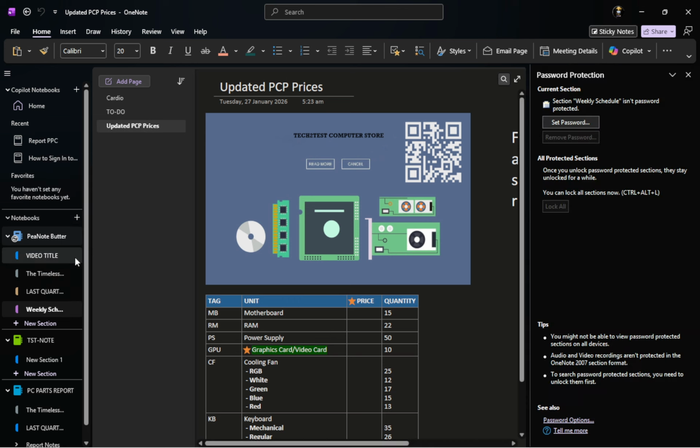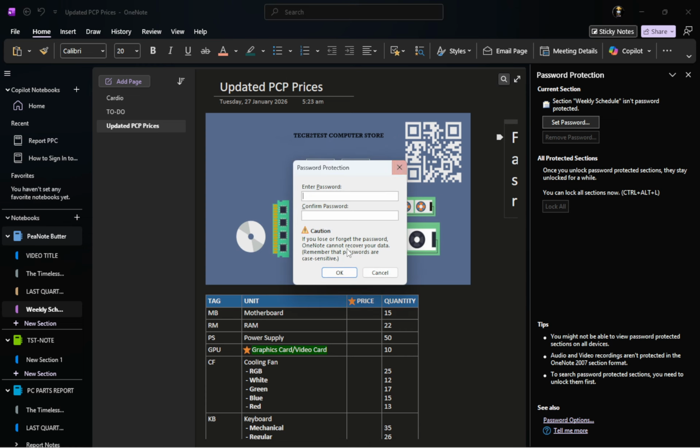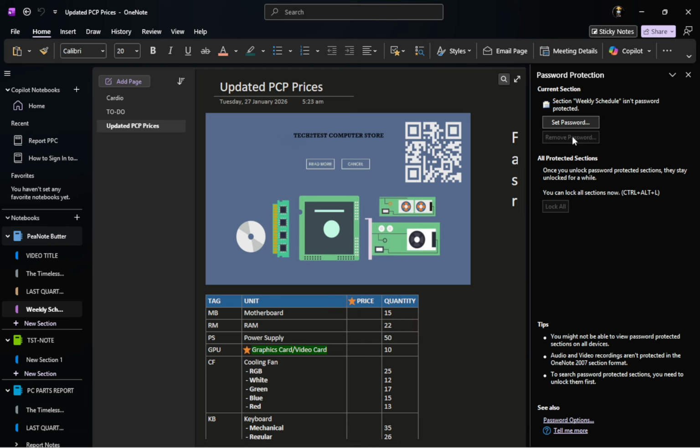If you change your mind later, you can always add a new password from the same password protection pane and set a fresh one. And that's the process. Open the notebook, unlock the section, right-click the section tab, go to Password Protection, choose Remove Password, enter the current